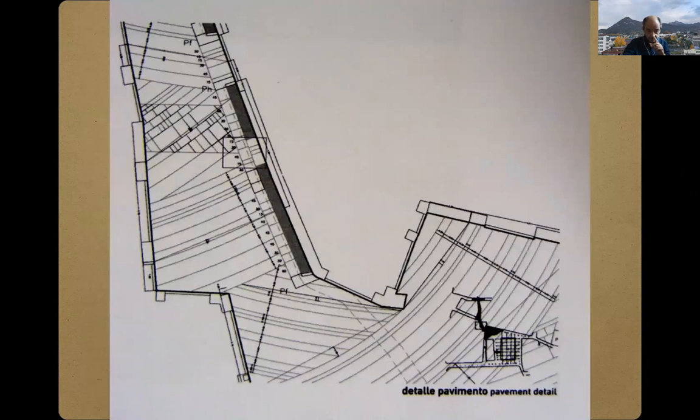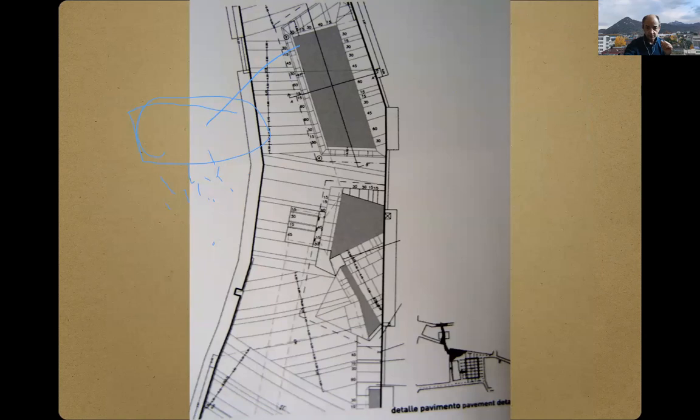There's the detail of a connection. And you see, when you have a complex pavement, you don't need to draw everything. You draw the detail in one part and you know the rest, it just follows the same system. This is not cheap, it's quite an expensive thing because you have to make a lot of individual cuts and you have to make it work. Well, it's just examples of how the water elements are put there.